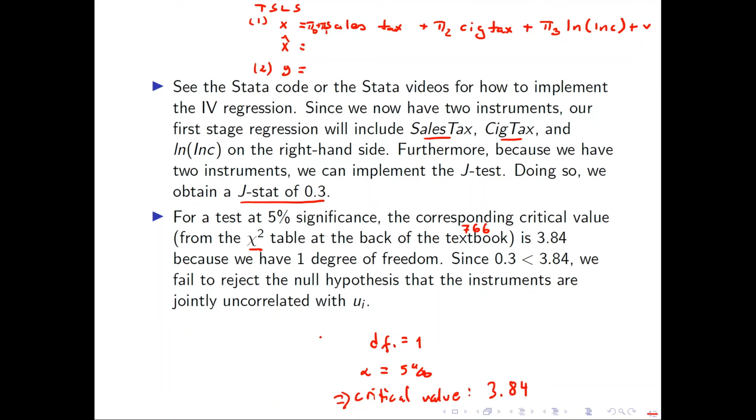But if the J-stat is below this critical value, then we say that we cannot reject the null hypothesis of these instruments being exogenous. So in this case, we are led to believe that the sig tax and the sales tax are indeed exogenous variables, such that we can actually use them in producing the fitted values of x, and these fitted values of x should now be exogenous from the